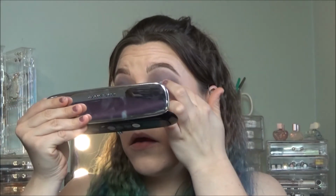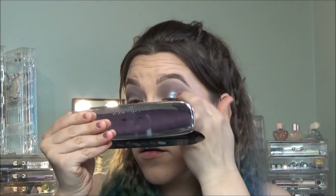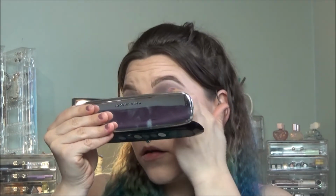Okay, so I'm trying to figure out. I think I'm going to go in with this color here. This is called Sparkling. Right here. I'm going to go right in with the finger. Ooh. I like that a lot. That's pretty. And then we'll put Sidewalk on the...